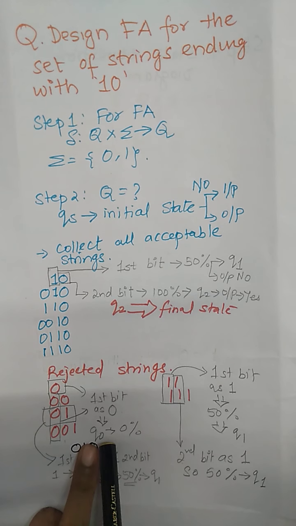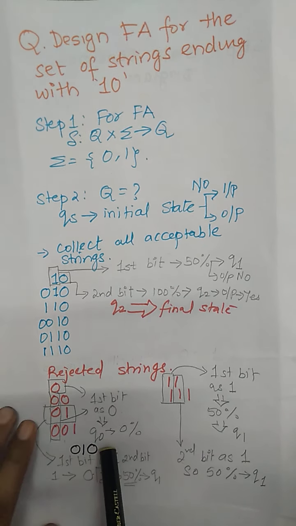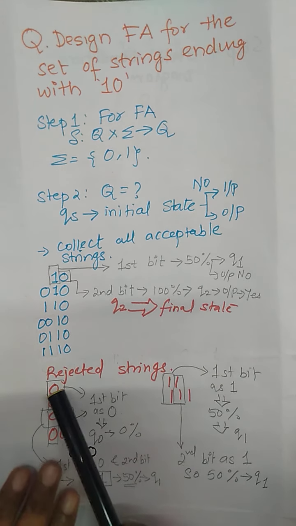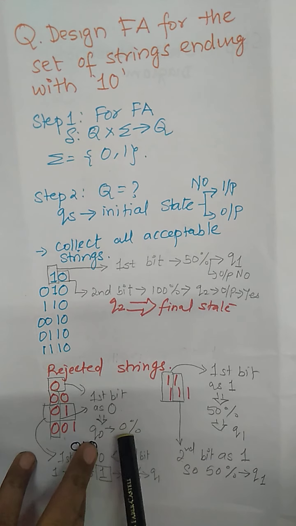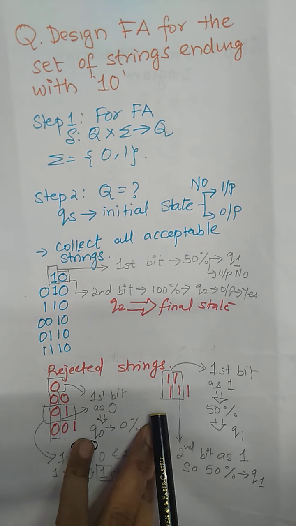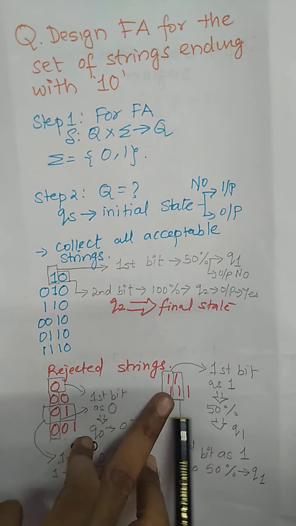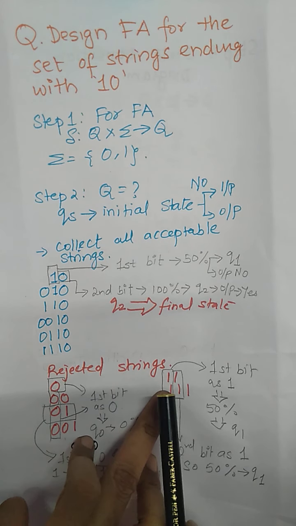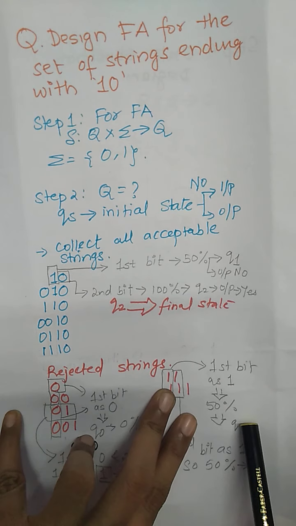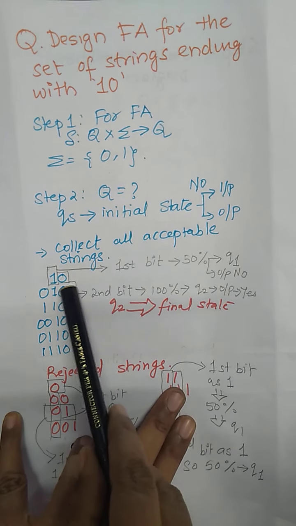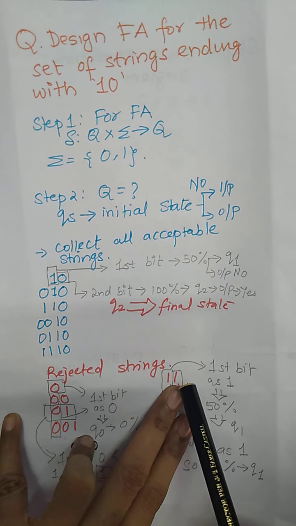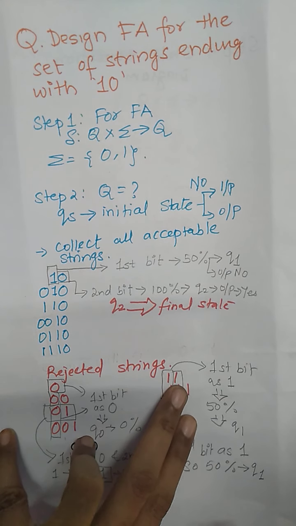That's why the name given is Q0. So these are all the strings starting with 0, so the name given is Q0. Now other rejectable strings start with 1 also. Starting with 1 means second last bit. If you consider 1, the first bit is 1, which we had already considered, so we mark it as Q1, containing the 50%. If the last bit were 0, it would jump to Q2. But here the last bit itself is 1. So it contains only 50% of the requirement.